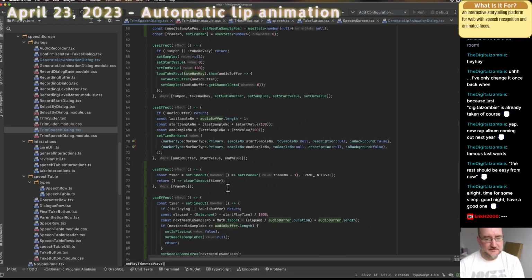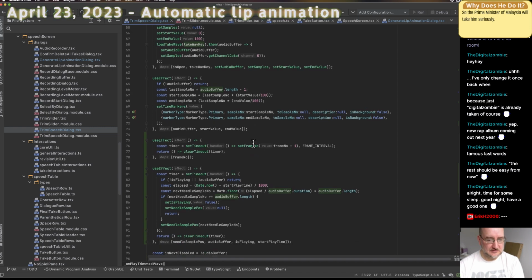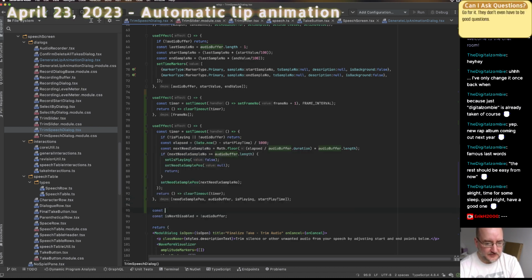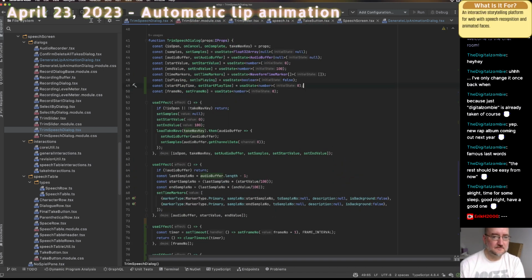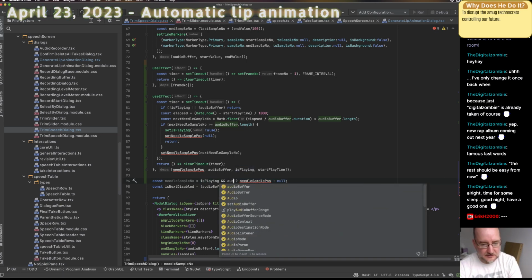Okay, so if I do that, then I can just do some calculations down here. We'll just say, okay, const needle sample pos equals, don't even need this in state anymore. Let's take this out. So needle sample pos equals is playing and audio buffer, and in that case,